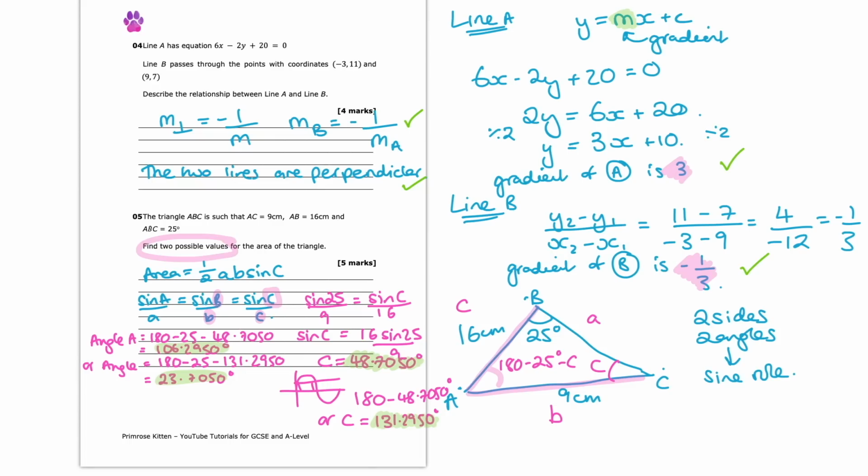One diagram and how it's labelled may not tally with area equals a half ab sin C. It just might not. In this case, it's not going to. So sometimes we might need to rejumble those letters up to fix it in a way that suits us. So here, the main thing to remember when working out the area of a triangle is that so long as we have an angle and the two sides surrounding it, that is what we need to get the area